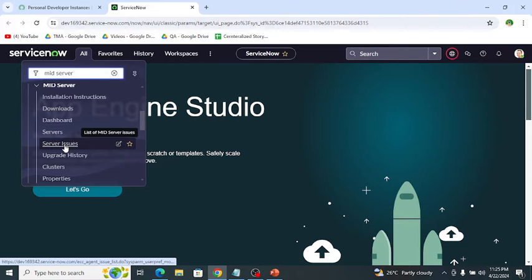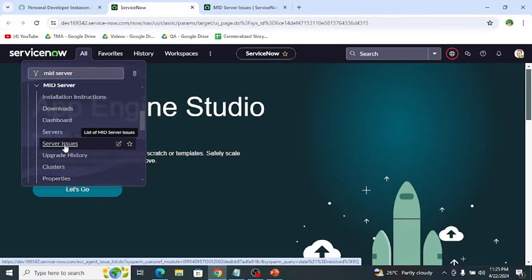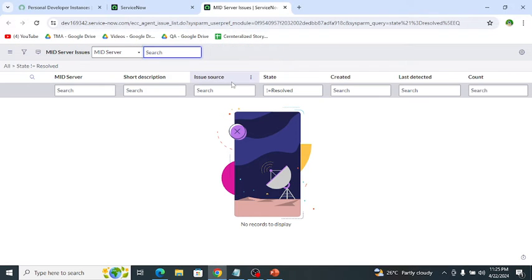Then server issues. If you have any kind of issue in your mid server, it shows the list of issues, and you can troubleshoot and resolve the issue by checking this table.